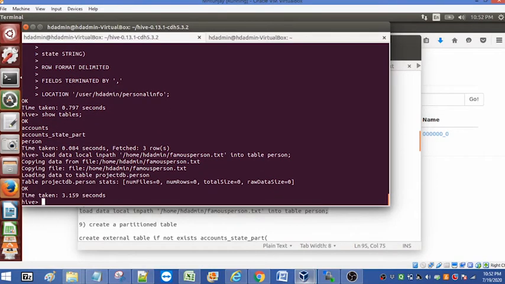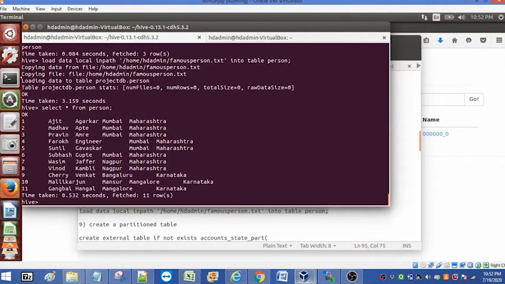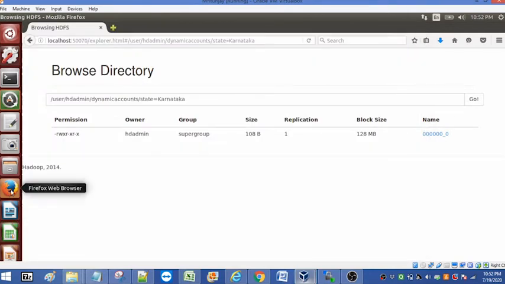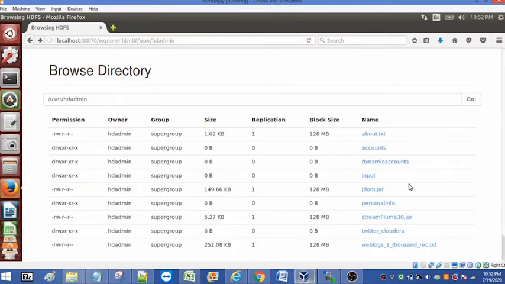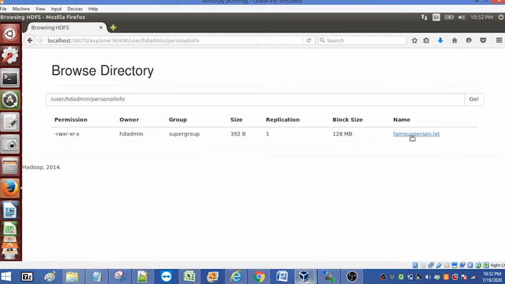Data is loaded. Select. You can even see it here in the file system, in the personal info folder, and see here the famous person.txt file is stored.